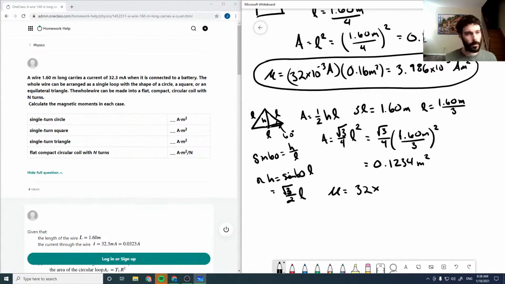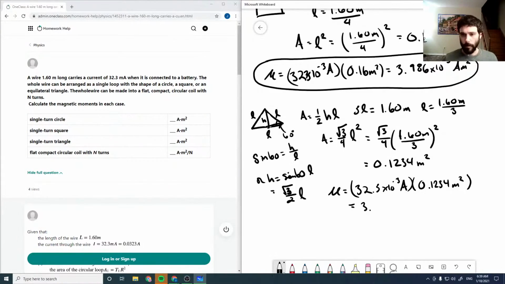And so then our magnetic moment is 32, I dropped it here, sorry, 32.3 times 10 to the minus 3 amps times our area, which comes to be